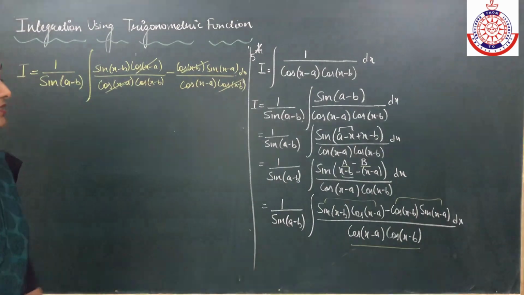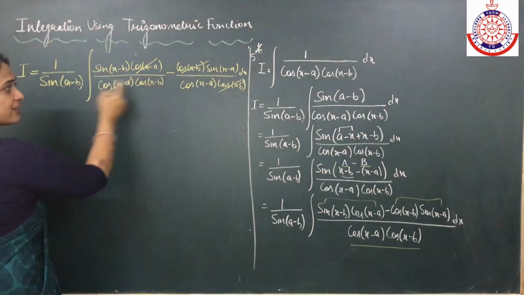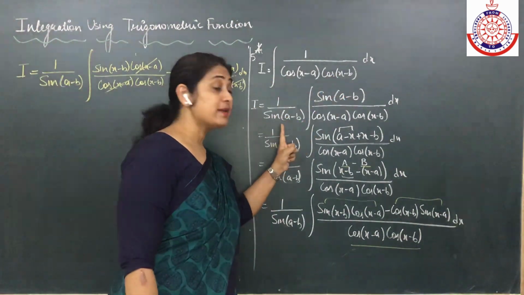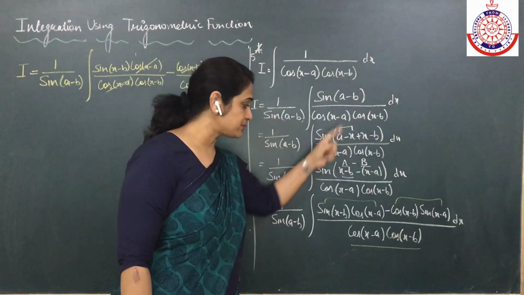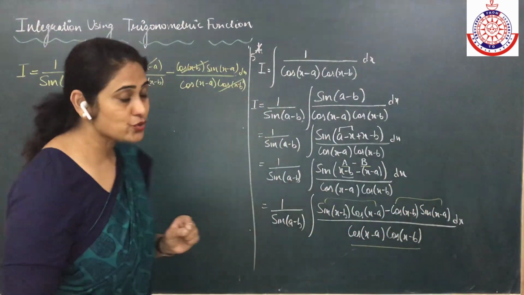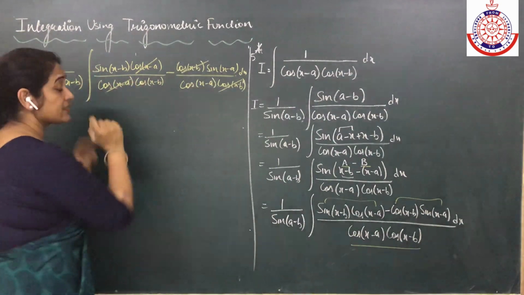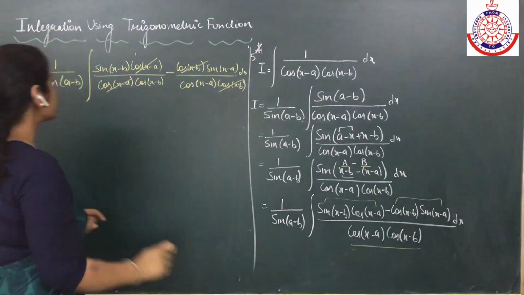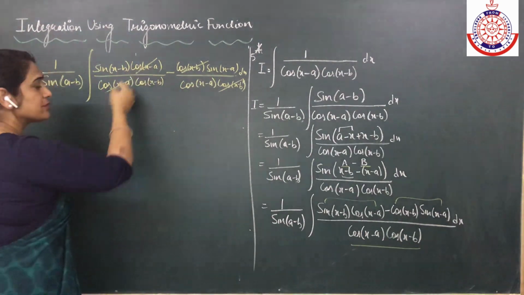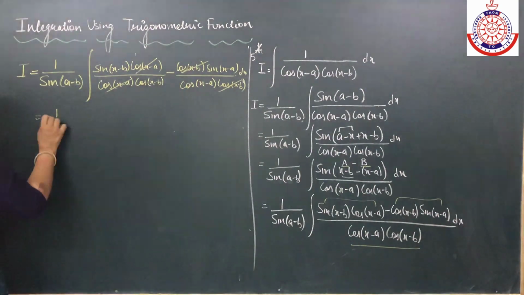Now listen, this was the reason. When I have both cos and both sin, if here it was sin sin, then the sin portion would cancel. Therefore, when the denominator has both cos or both sin, we will divide by sin a minus b and multiply by sin a minus b, because the sin formula has one sin and one cos, one cos and one sin. Understood? If here there was a combination of sin and cos, then I had to apply cos a minus b. So what will happen? The formula of cos a minus b is cos a cos b plus sin a sin b. So one term will cancel. That is the reason. All right, we will try those questions also.